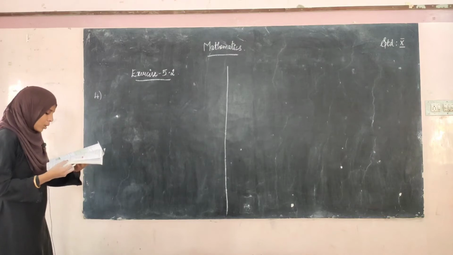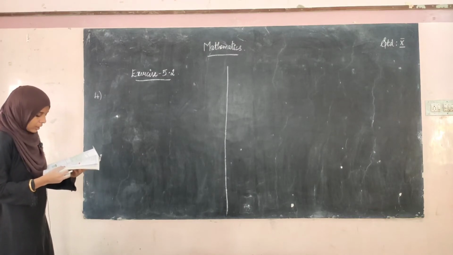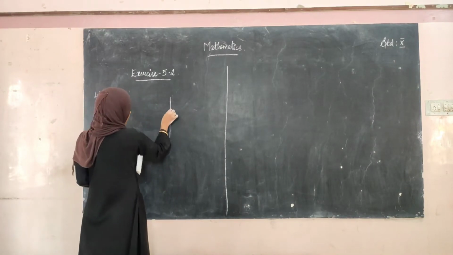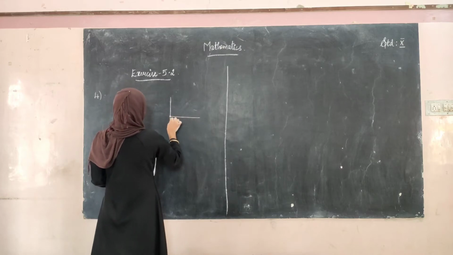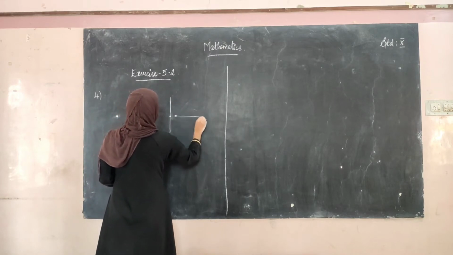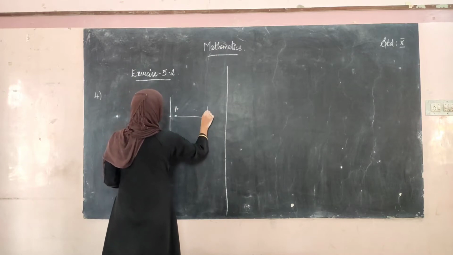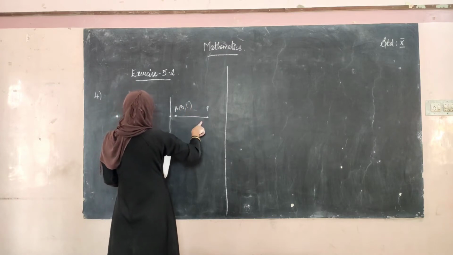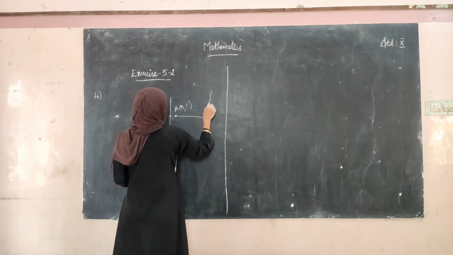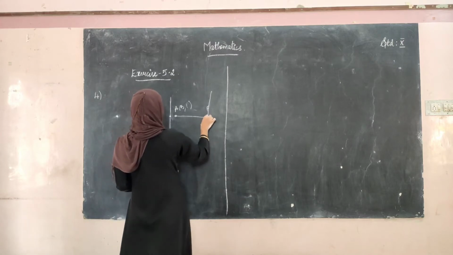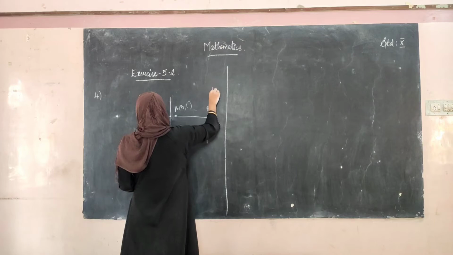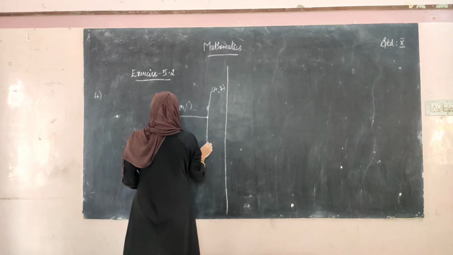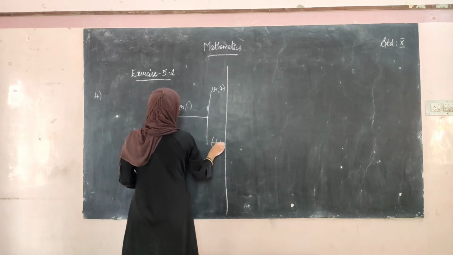See the question: what is the slope of a line perpendicular to the line joining A and P? So this is the line we have to find, the slope of this line. This line is perpendicular to these two lines. A's point is 5, 1, and P is the midpoint of the line segment joining 4, 2 and -6, 4.